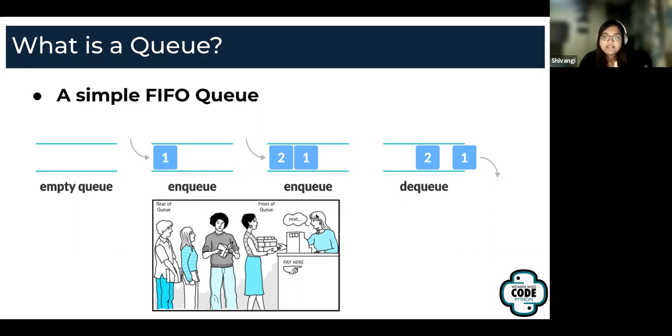If I have to print the list, I will be running a for loop from 0 to the length of the list, and that means I'm doing the printing operation n times, where n is the length of the list.